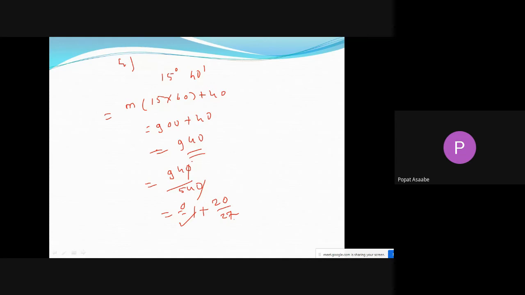Okay, means we have to select which plate? Which plate we have to select here? Plate number 1. And in that, this circle. And first we have to take the one revolution. Okay.